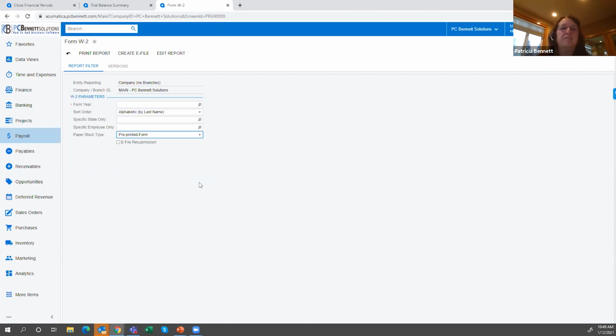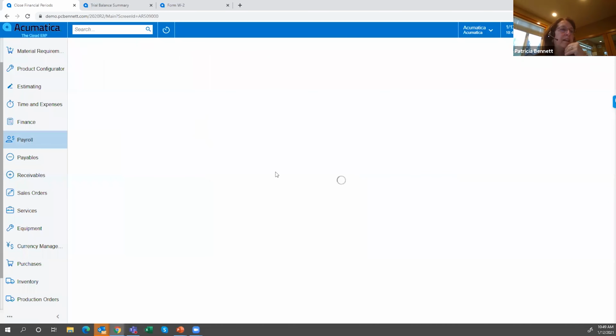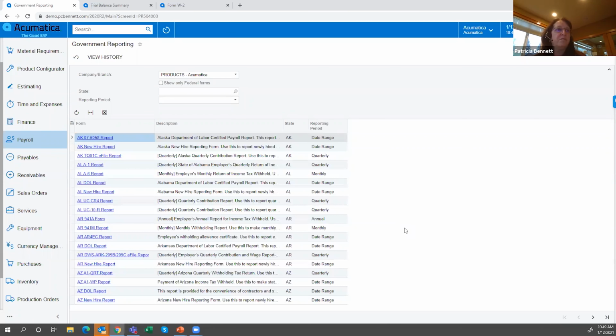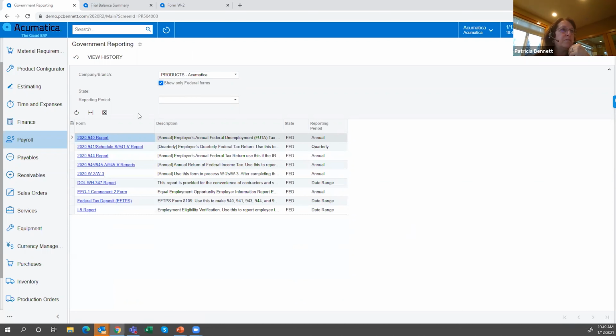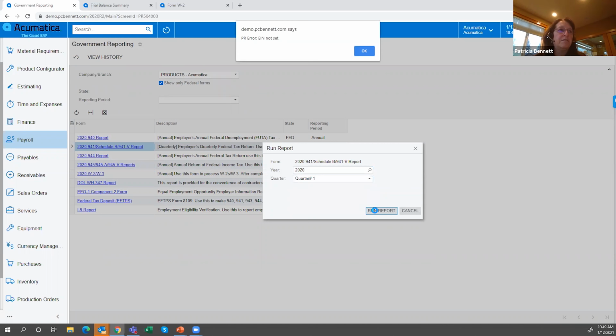Now, coming on the new payroll, which is a little bit exciting, is that Acumatica has cut a deal with a company by the name of Atrix. And for those of you coming from Mass 90 or any of the Mass systems, you're familiar with Atrix. So I'm just going to go to the federal forms. If I go to print, say, my 941, and I'm going to enter the year, and let's just say Q1, run report, then,